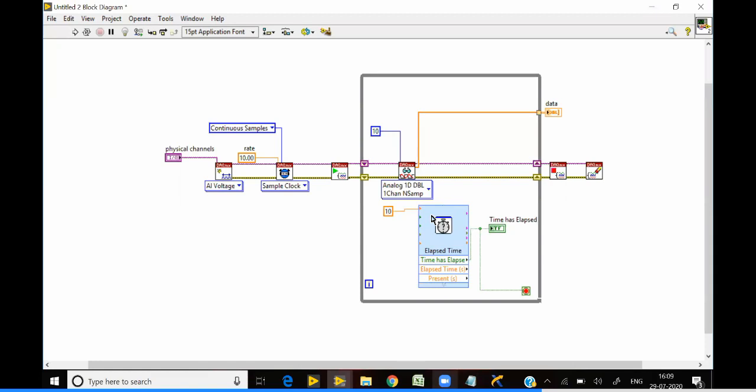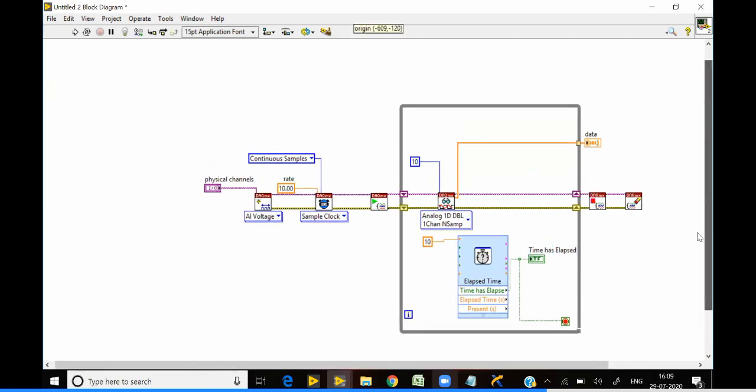After 10 seconds the program should stop, and up to that the program should be continuously running. Here I have made the sample rate 10 hertz, so it will be continuously running. We'll just check it. I'll make the number of samples as.